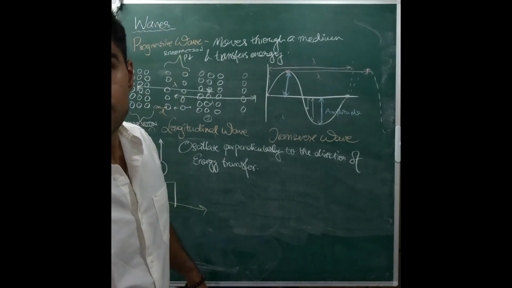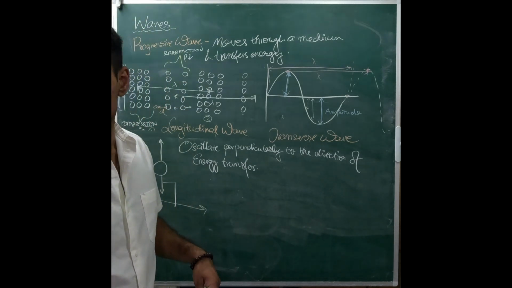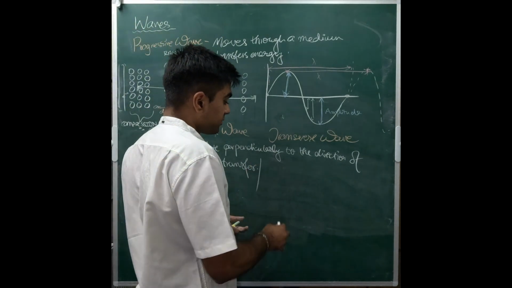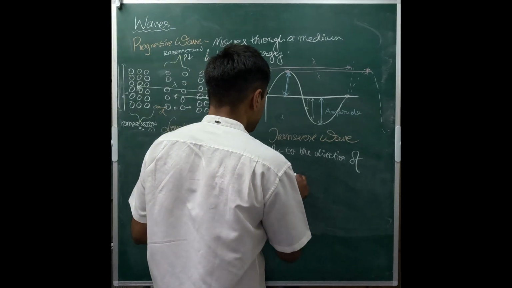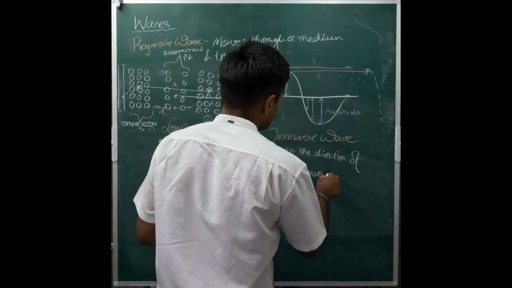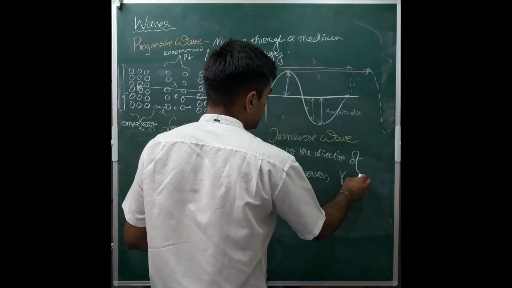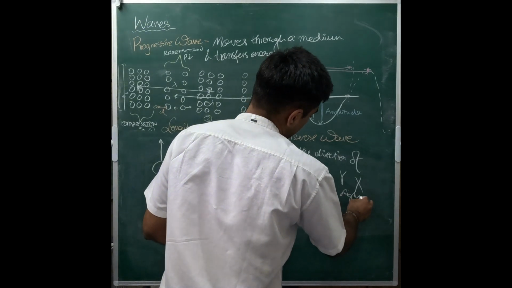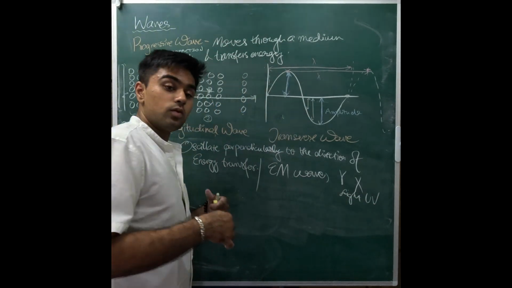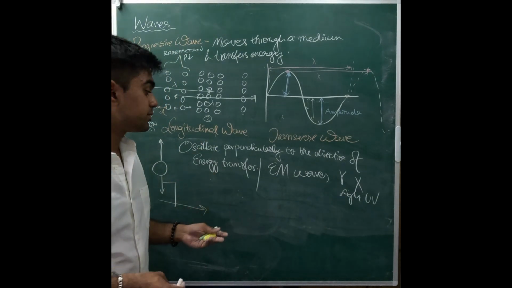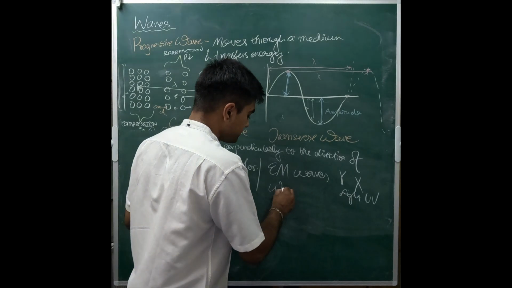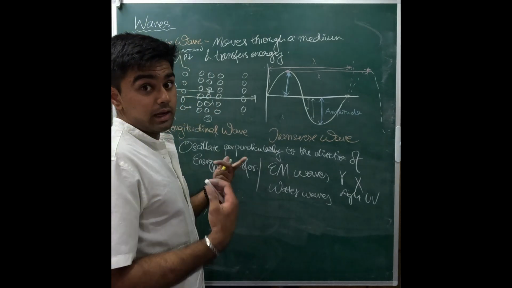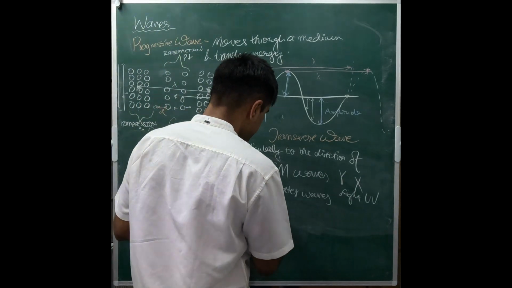Now the final thing that we need to know about transverse waves is examples of transverse waves. Now what are some examples of transverse waves? One example, and the most common, are EM waves. Now, EM waves could be your gamma waves, your X-rays, your, say, light, UV, infrared, all of this, right? The next more common one is you've got water waves. And then another type that you have is S waves.